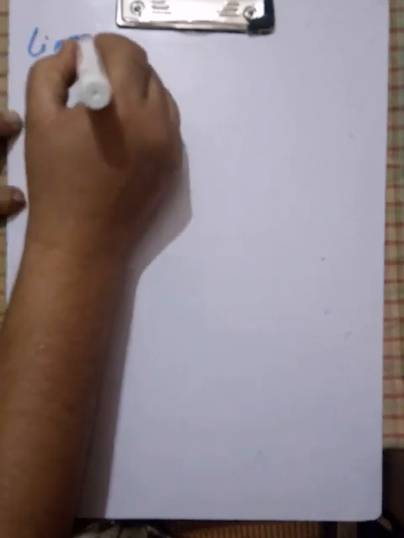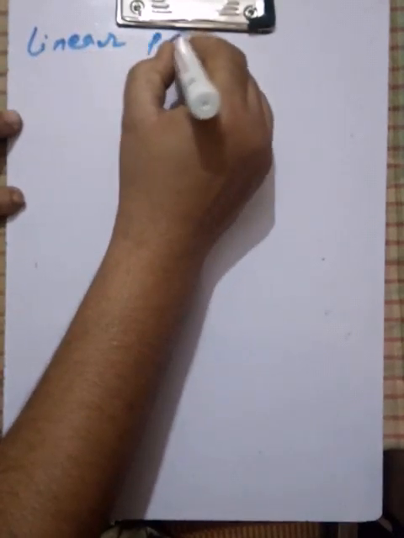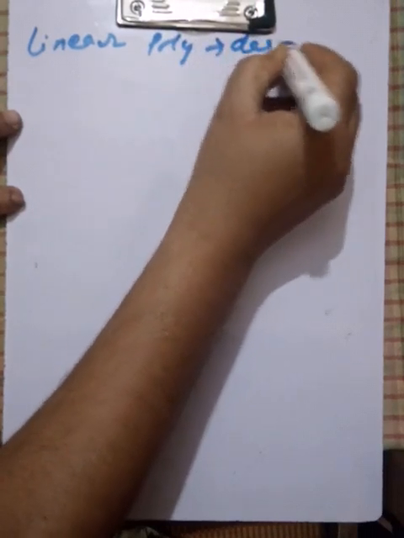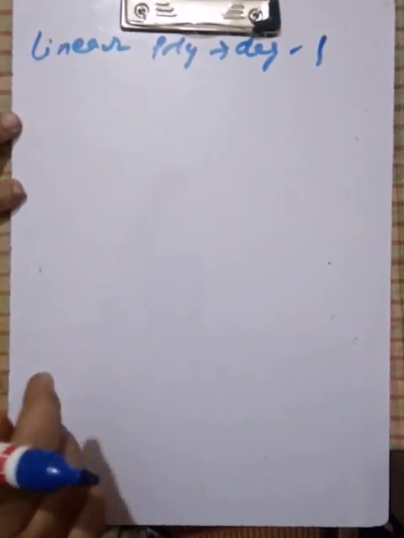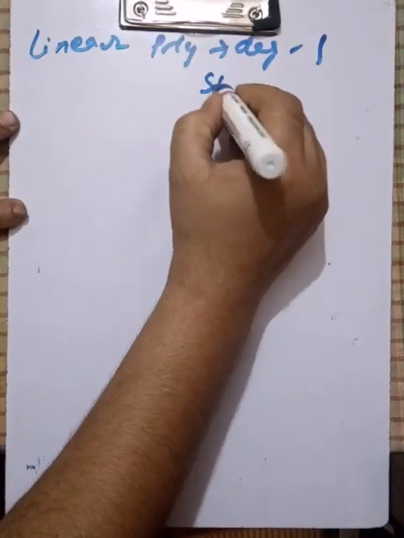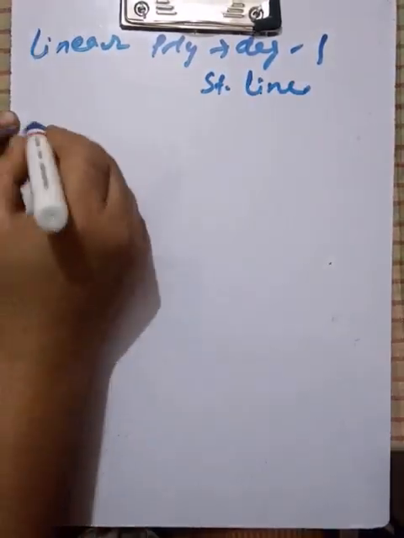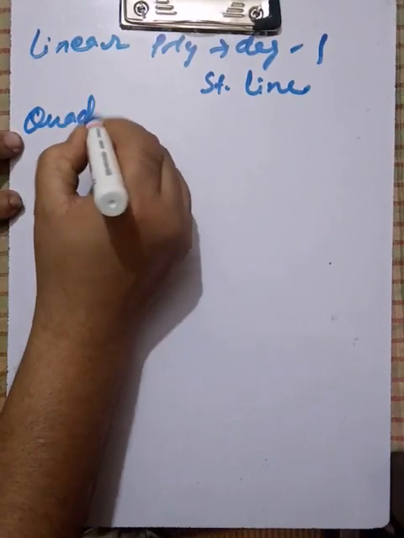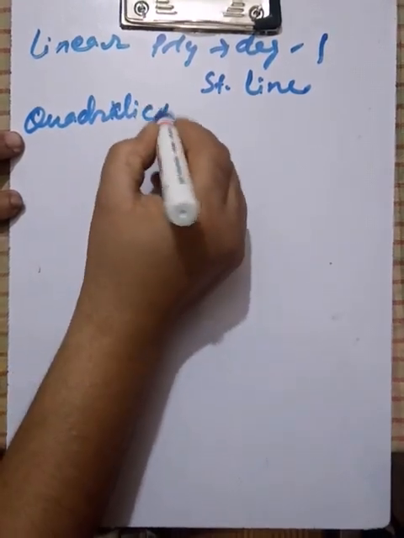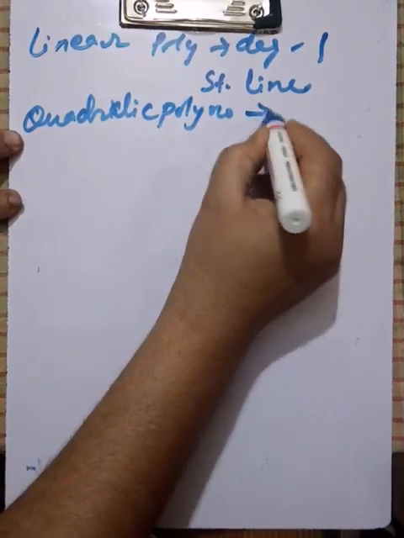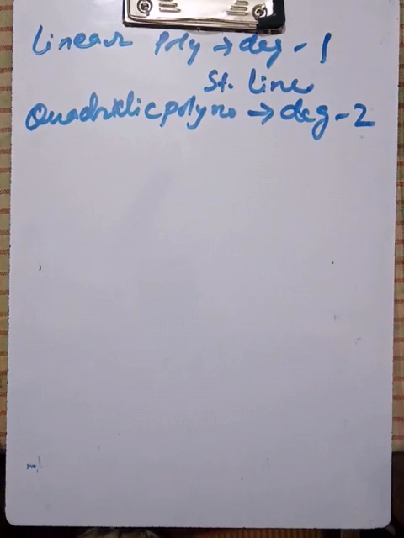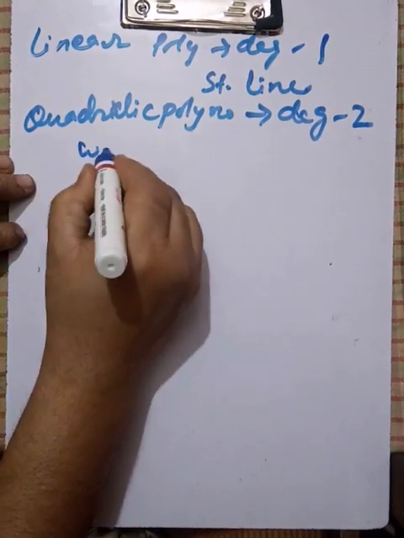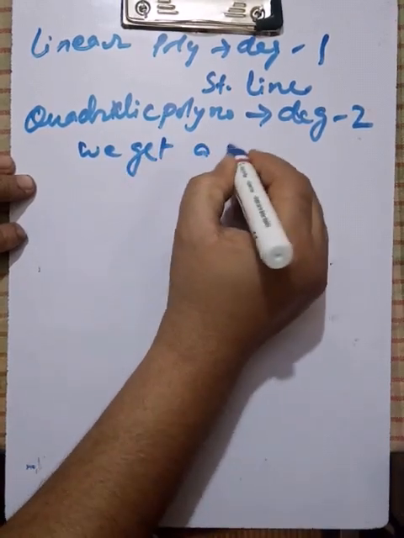First I have taken linear polynomial. For linear polynomial I told degree 1. So I got a curve with no fold. A curve with no fold means line will be straight. So we get a straight line. Second I told quadratic polynomial. So its degree will be 2. In this degree, I told you we get a curve